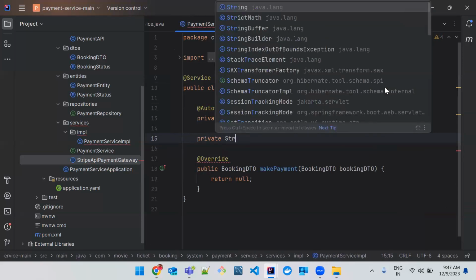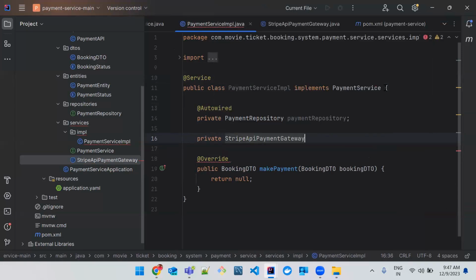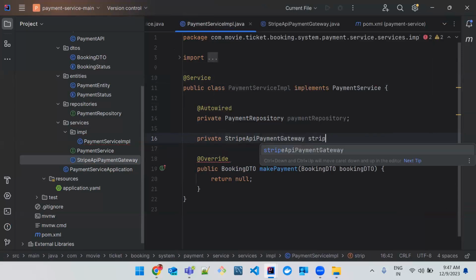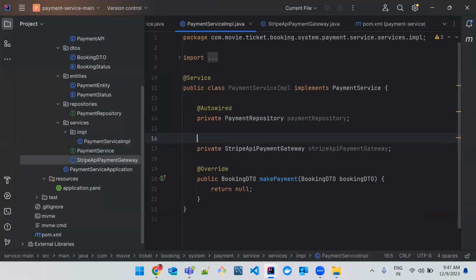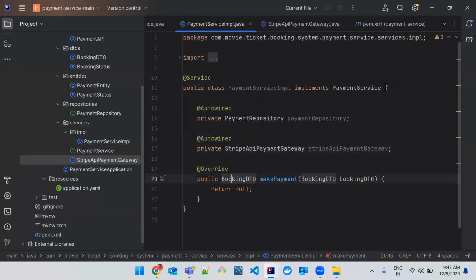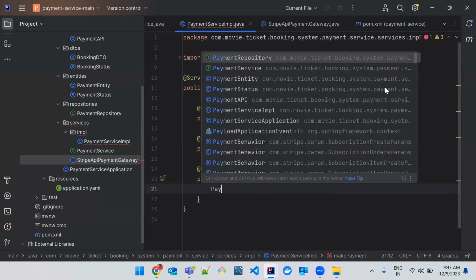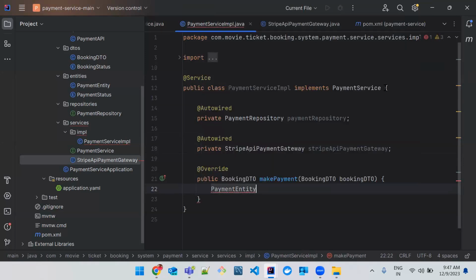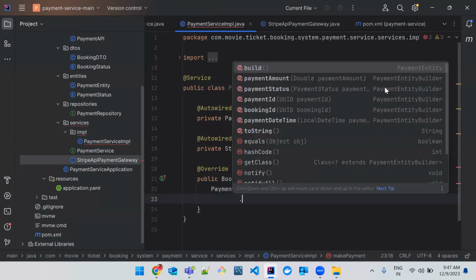Sorry, Stripe payment gateway. We need to autowire that one as well because we need to call the process payment, right? So @Autowired. And now I just wanted to use the payment entity. Initially, we need to save the details of the payment entity. I can use a builder dot